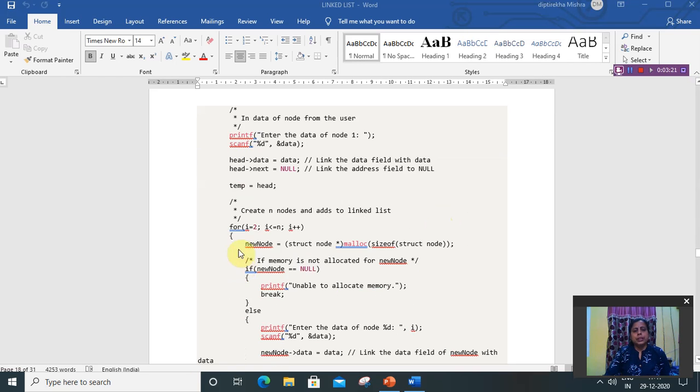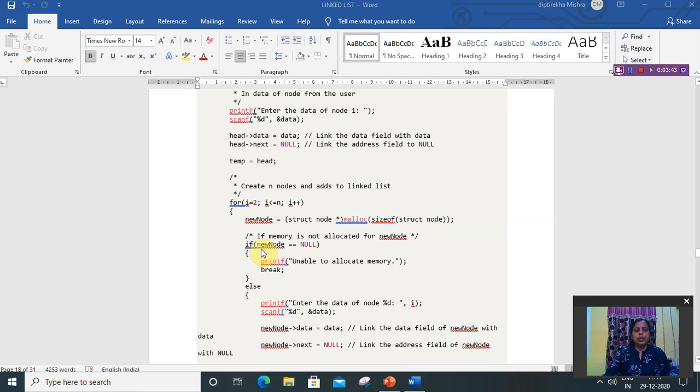Head is the first node. Then from i equal to 2, i less than or equal to n, i plus plus, means it will create n nodes from the second node. Then the malloc function allocates memory to the new node. If new node equal to null, again it will print unable to allocate memory.